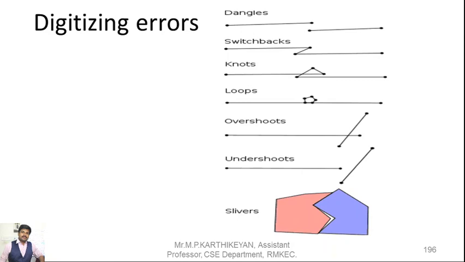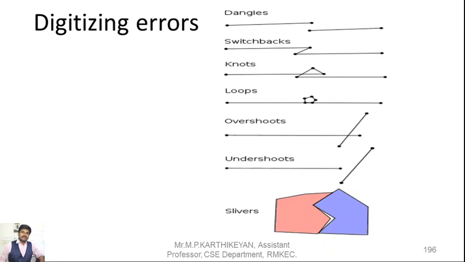A knot is not like a loop. It is similar to a loop, but a knot is like a roller coaster ride. It goes from one direction, goes to the top, and again comes back. It doesn't interconnect with itself, whereas loops are combined; they have an interconnection with each other. In loops you can see one particular circle in the middle that keeps on combining with itself. That is the difference between a loop and a knot.